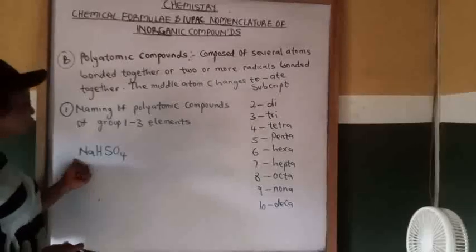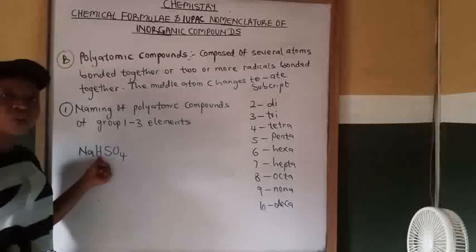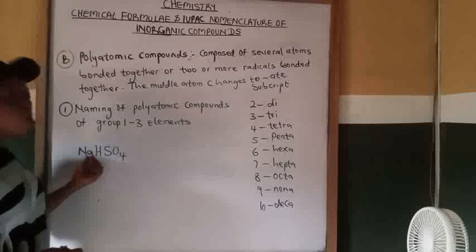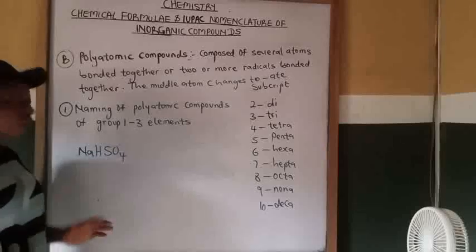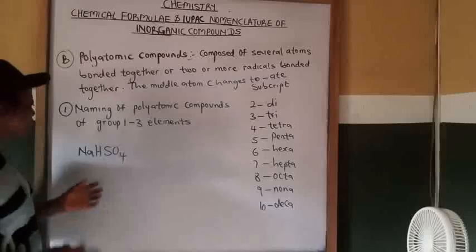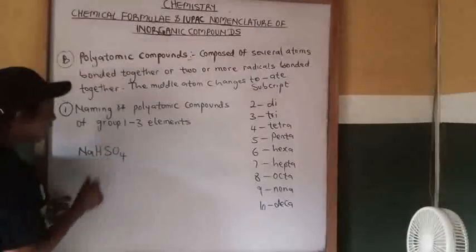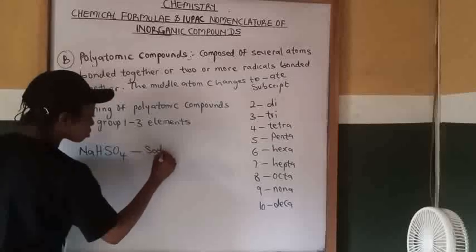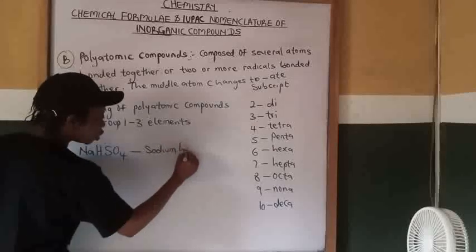Sodium is a positive ion. Hydrogen is also a positive ion. So the two positive ions will be named fully. So we are going to name sodium and hydrogen fully. So we are going to call it sodium hydrogen,